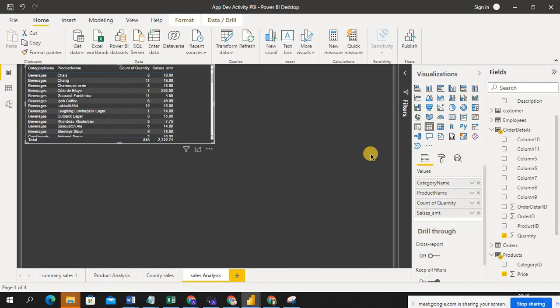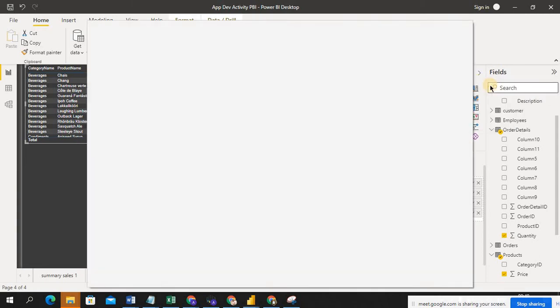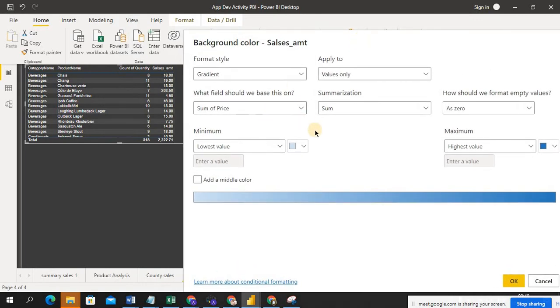It's not coming. I think you clicked on cancel, Imran, I made it cancel instead of OK. Yeah. Oh, okay, fine. Background color. I'm going to apply on this sum. For lowest value, by default it's taking sum of price. So for this column it performs sum of price, right?